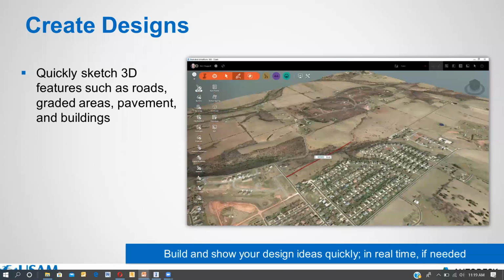You can't edit anything in the building, but in the roads, the pavements and the graded areas you can edit things, not in the buildings. If you have modeled your building in any other software, you can bring it directly to InfraWorks and make the things. Like you can see in this video.